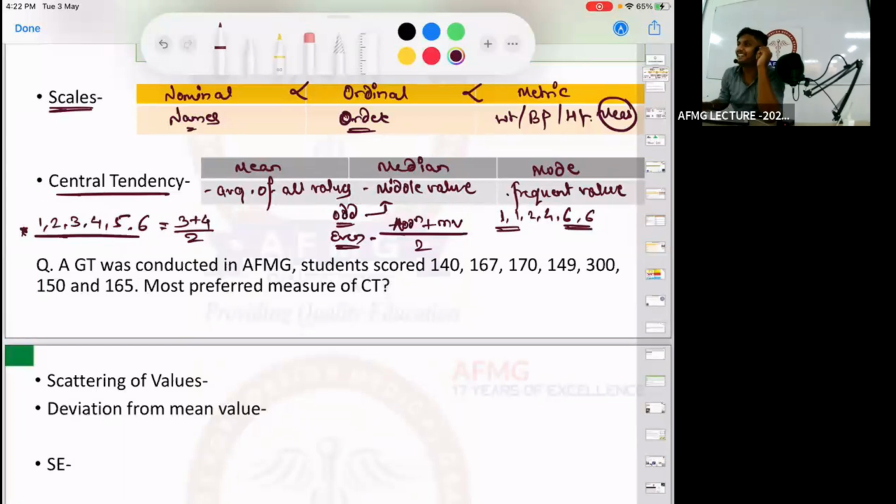Sigma is standard deviation, guys. So it is mu. So mu is equal to the summation of all the values upon the number of all the values, right? What is the formula of mean? Mu is equal to the summation of all the values upon the number of values. So in this first sample, what will it be? 1 plus 2 plus 3 plus 4 plus 5 plus 6 upon 6. How many values are there? 6, right? So that is how you calculate mean.